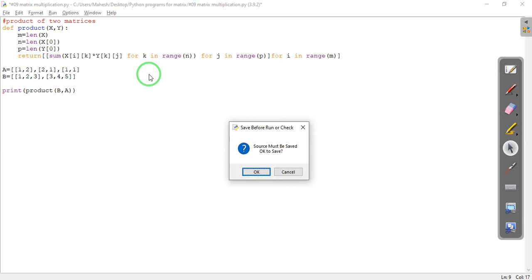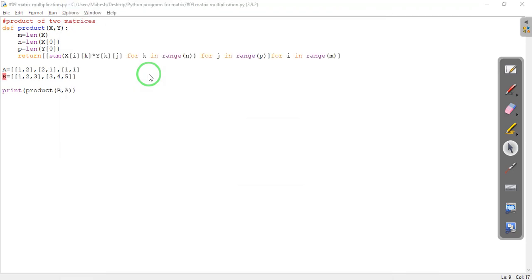So let's compile this and see. Let's check the syntax. This is 1, 2 and 3. The bracket is missing.